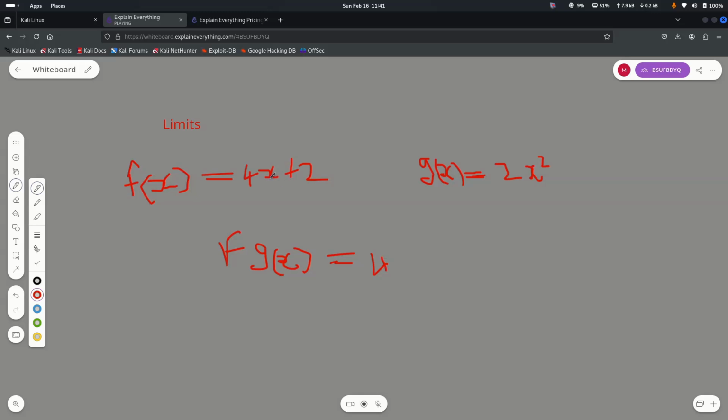Now that we see x here, we are going to take the whole equation of g and place it wherever we see x in this equation of f, meaning we are going to have